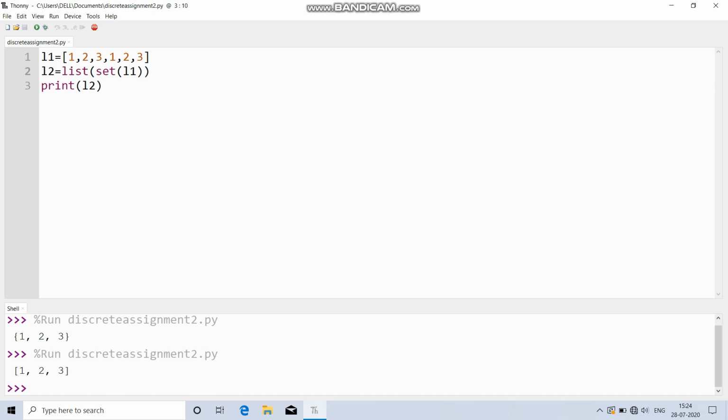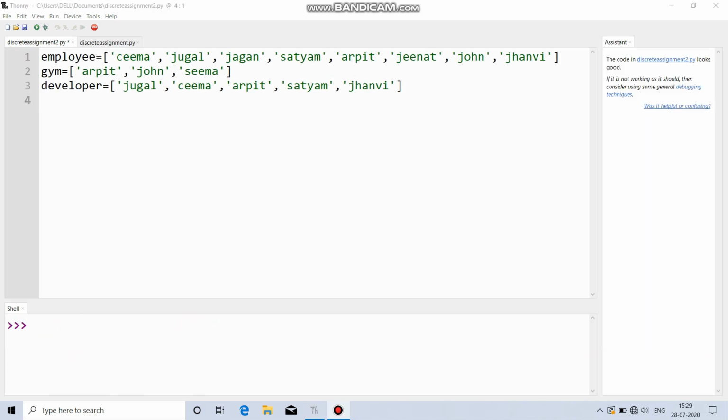Now we will take some other examples. Here we have three lists. One is employee, that contains employee names. Second is gym membership, and third is developer.